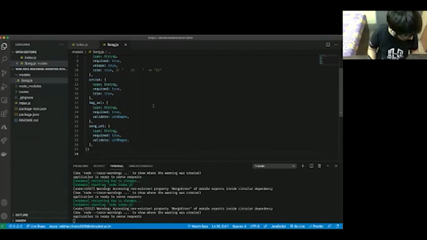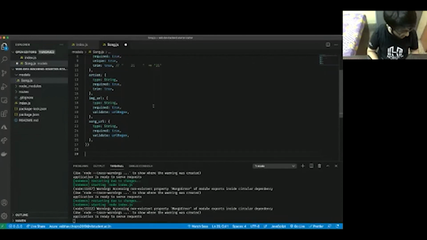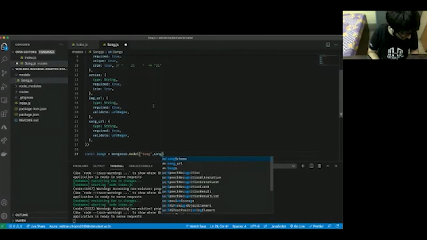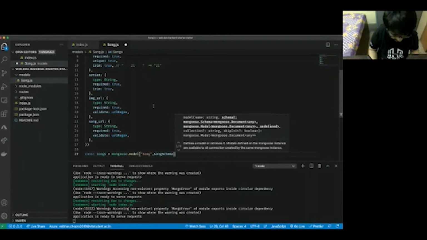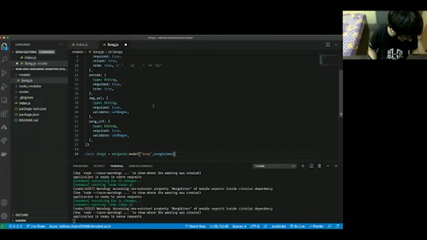So now we will make the model out of it. Like I said, the model is different from the schema, and this is what we will use for our purposes in the rest of the app. So what do we want to call this model? The song model. Okay. This is the name of the model. Obviously, this might change by Mongo. It sometimes changes the names. It has a reason why it does that. And you have to pass the song schema so that it makes the model.